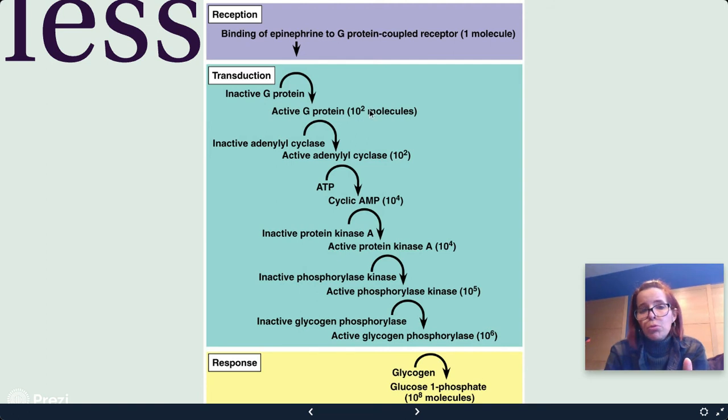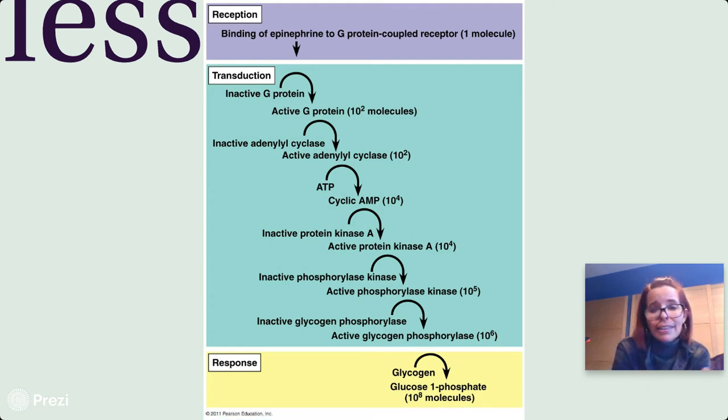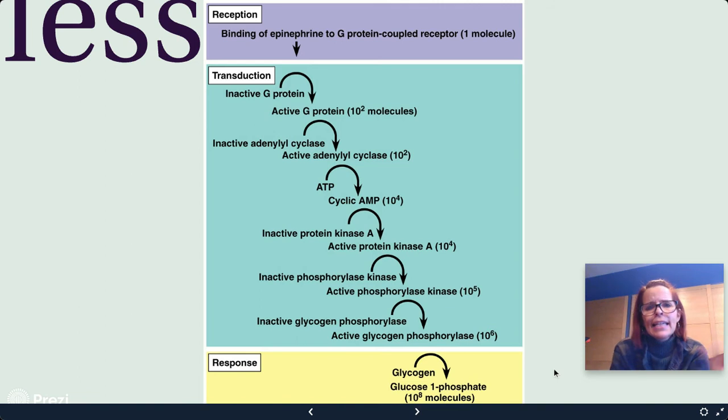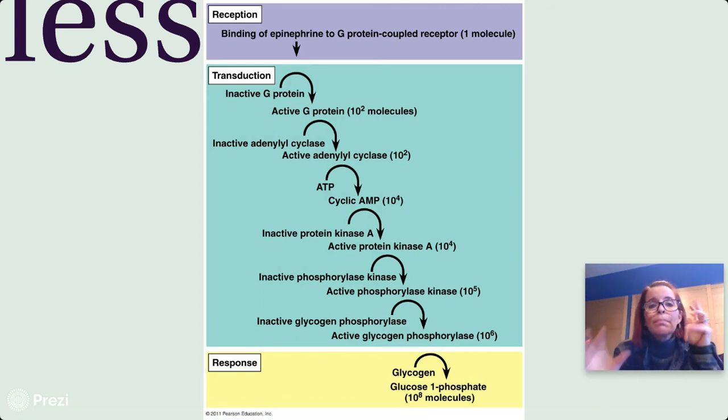As we start going through the phosphorylation cascade, we have 10 to the 2 molecules, then 10 to the 4 molecules, then 10 to the 5 molecules, then 10 to the 6 molecules. We just went from 1 molecule to 10 to the 6 molecules. This signal exploded inside of the cell and allows your cell to respond incredibly fast. And so you have this enormous response, the glycogen into glucose 1-phosphate, 10 to the 8th molecules in a split second because of this